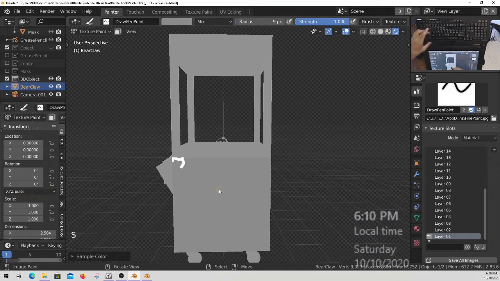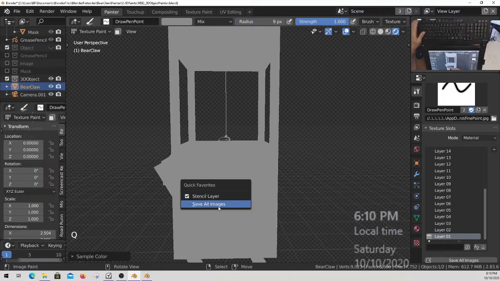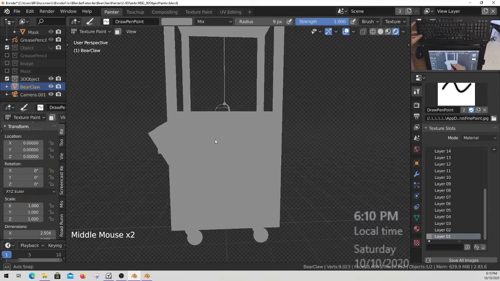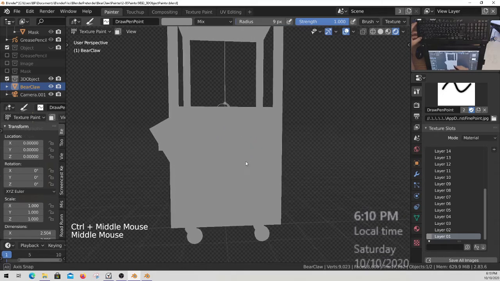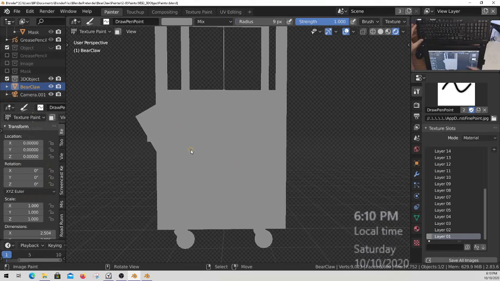Well, that's fine. I'm going to choose that color there and then just paint it over. Q, save all images. So what I need is, and I'm going to go to layer 3 just in case I need a background layer. Actually, I'm going to go up to layer 5 in case I need several background layers. So what I need is